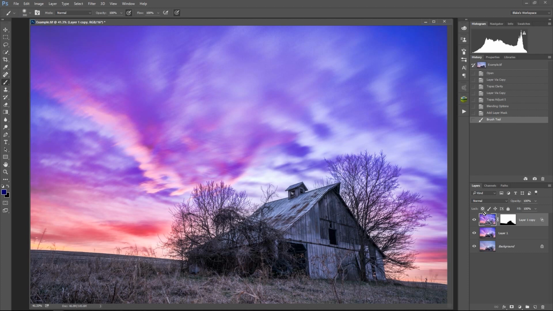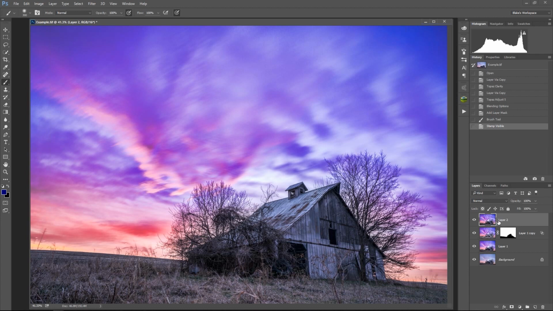So what I'm going to do here is press Control, Shift, Alt, and E, and that is the hotkey to make a stamp. Basically what that is, it's like a carbon copy. Like you took all of these layers, put them on top of each other, ran them through a photocopier, and then put it right on top of the rest of it. So if I edit anything down here, nothing's going to happen. You're not going to see it because this is the presiding layer. Even all of these blend options and masks don't exist on this layer because it's a carbon copy of everything